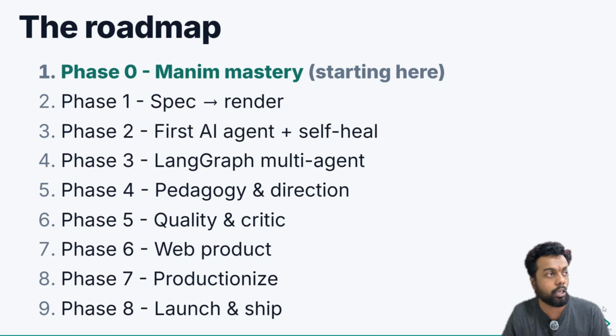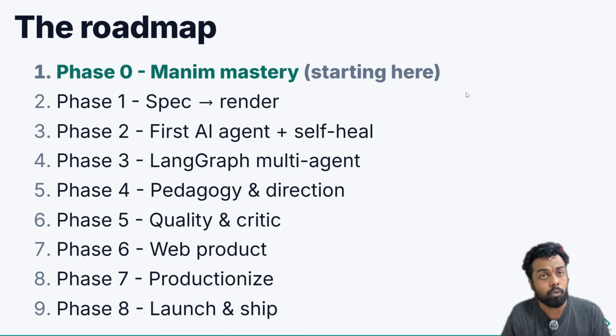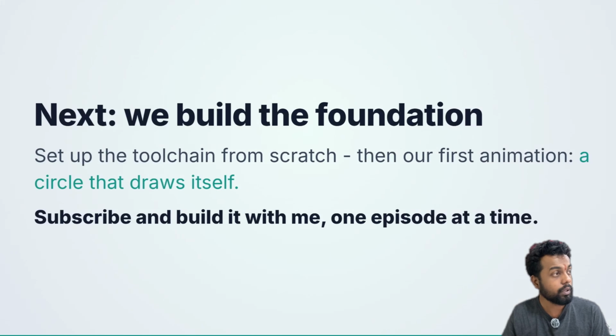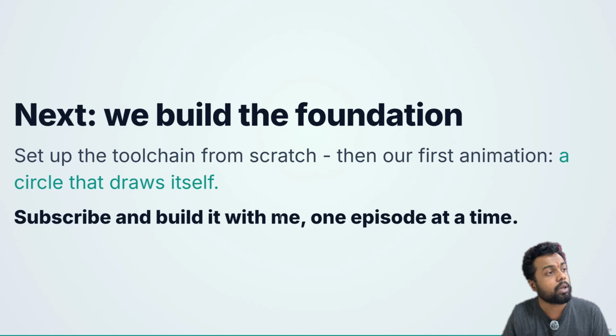So you can join me in this journey. We will start with Manim first, how exactly it works, because it's important to know. We won't learn everything because the final Manim code we will have is generated by our agentic workflows. So we don't need to learn everything, but we will learn a basic to medium level, so that if we want to edit a few things, we can do it directly and not be completely dependent on the AI. And last is the foundation of Manim. We'll draw some circles, some shapes, some text, and a few basic animations.